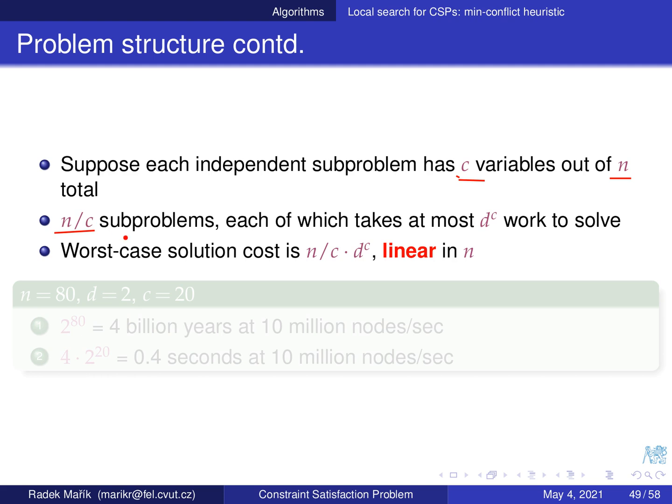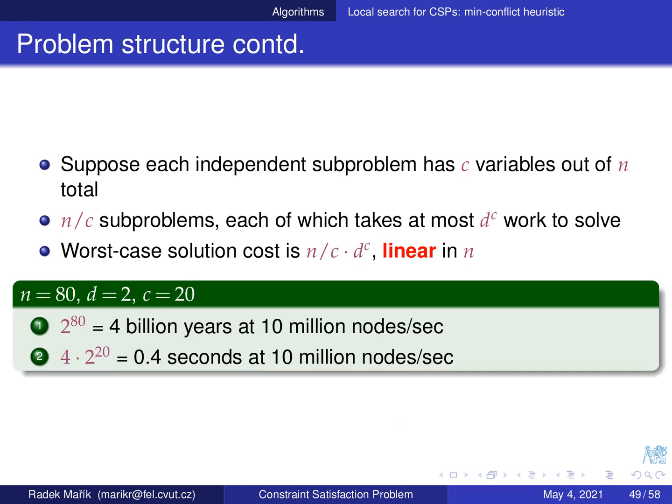So we have n divided by c times d up to c. And as you can see here, it is linear in n. Of course, this constant can be quite high, but let's say it is linear. In other words,